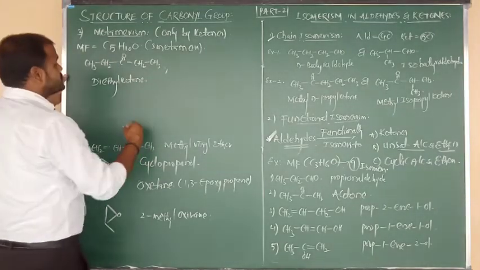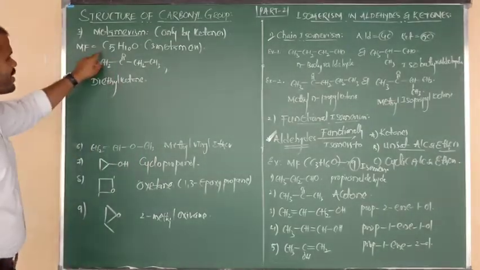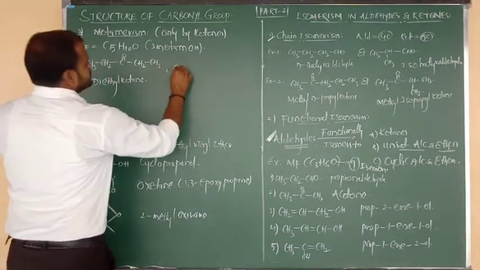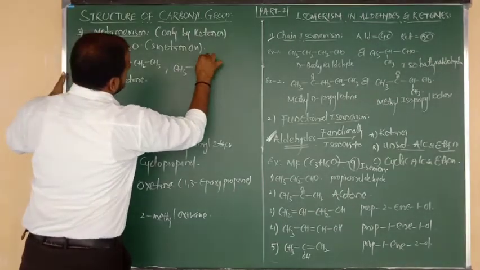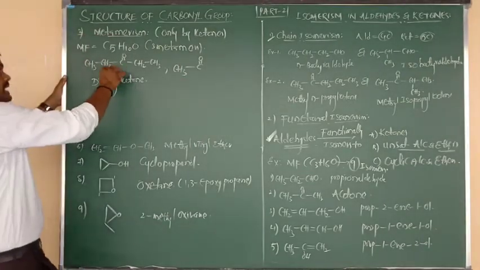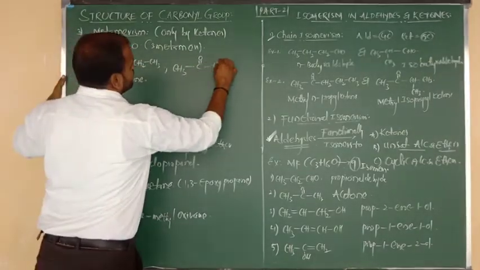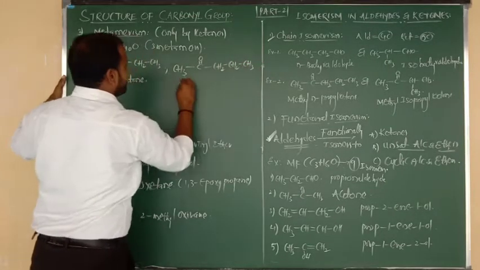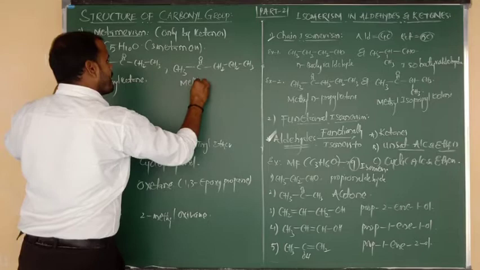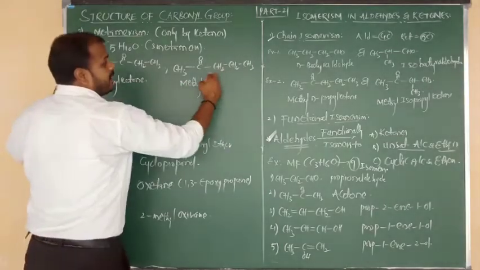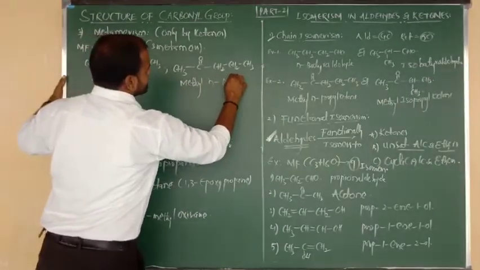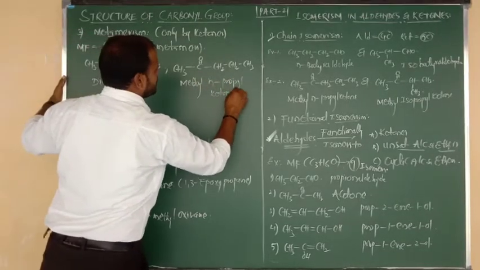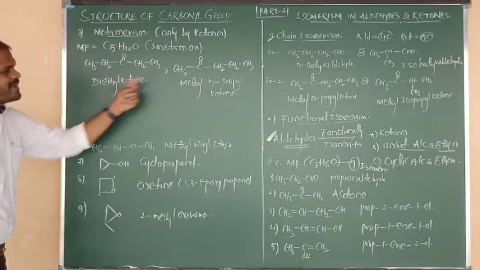Let me consider the second isomer. Do one thing, beta. Shift one of the methylene groups, CH2, towards the right side. CH3 bonded to C double bond O. With the CH2 shifted to the right side, we can now write 2 CH2s on the right side, connected to CH3. What is the group here on the left side? Methyl. What is the group here on the right side? n-propyl, straight chain. And the functional group is what, beta? Ketone.